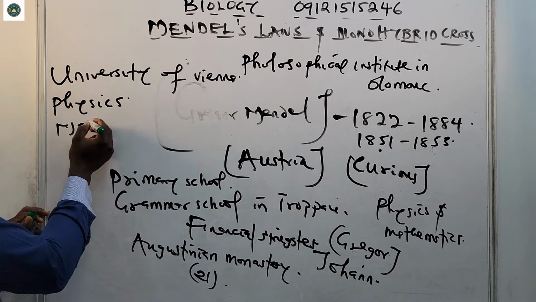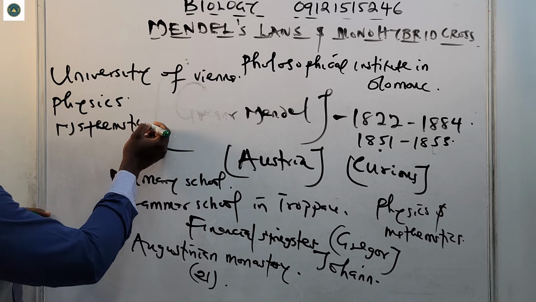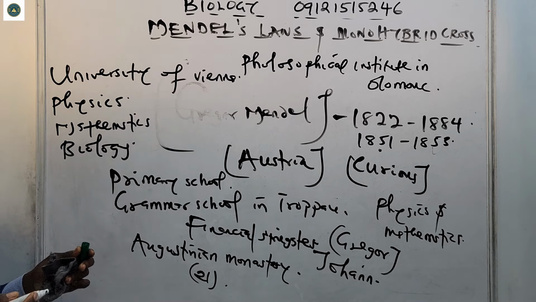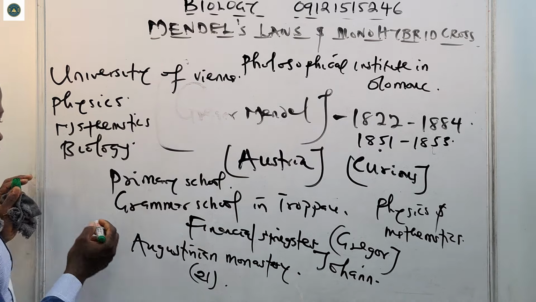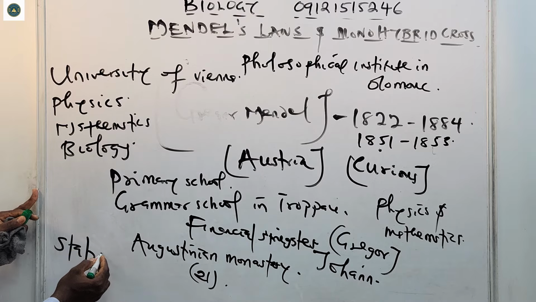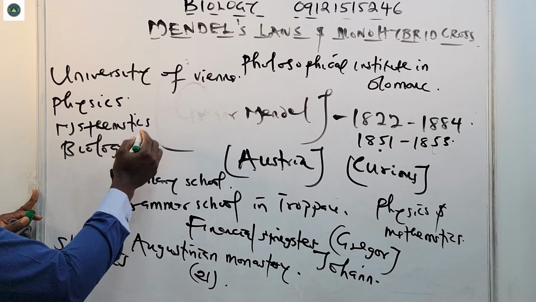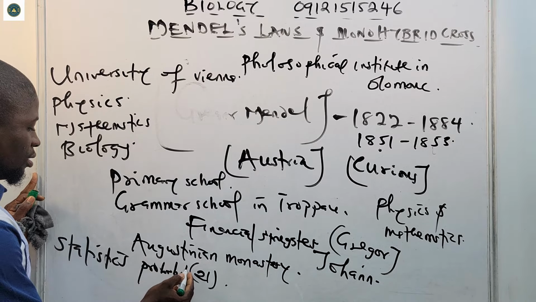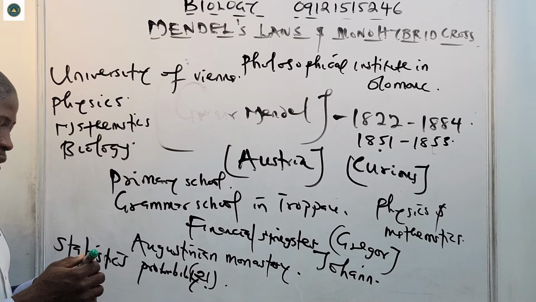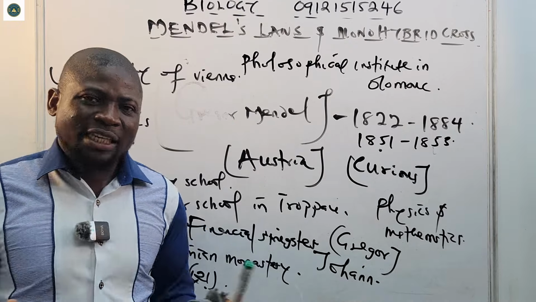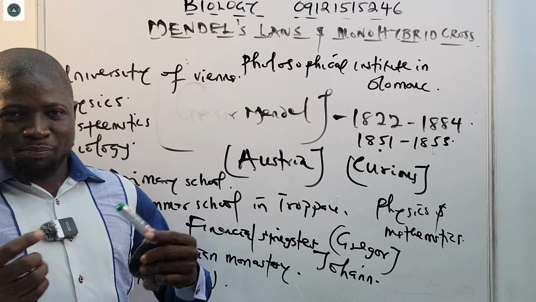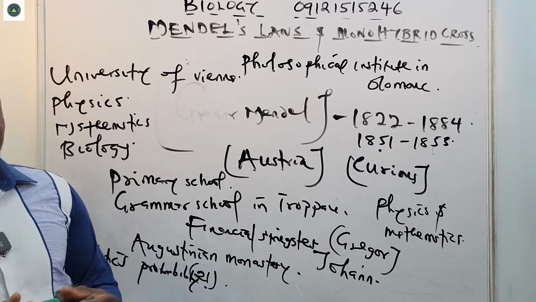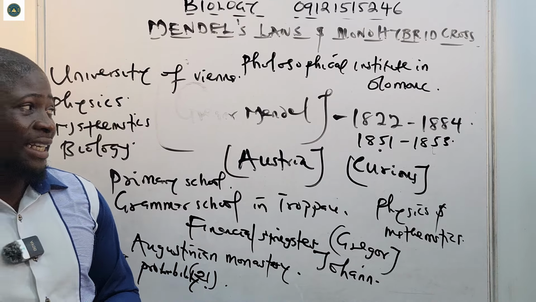mathematics, and biology. But at the university, he majored in statistics. In mathematics, he learned about statistics and also probability, which enabled him to bring that knowledge to perform his experiments at the monastery. And in the years 1856 to 1863, Mendel worked on